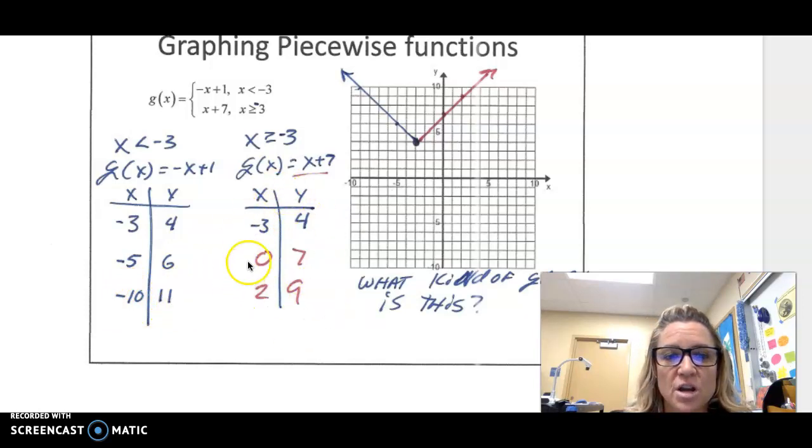For this t-chart, I'm going to also put -3, and this part is equal to, so that's where the hole gets filled in, and we want to add 7. So -3 plus 7 is 4, 0 plus 7 is 7, and 2 plus 7 is 9. Graph some points,